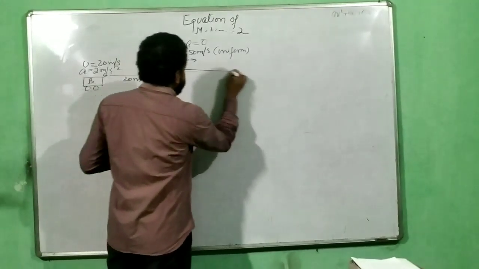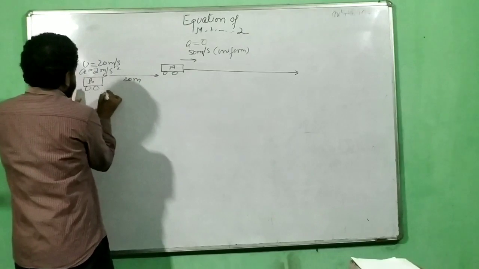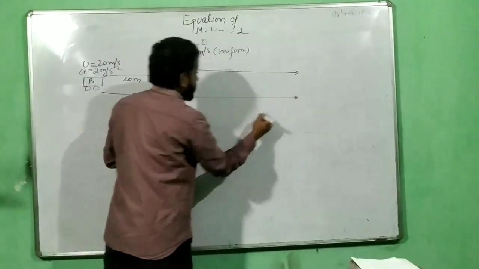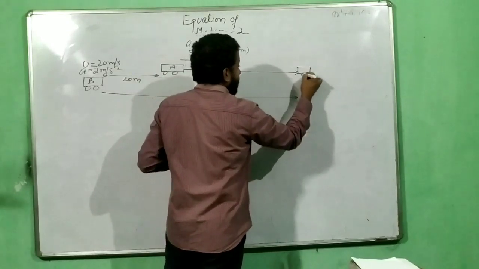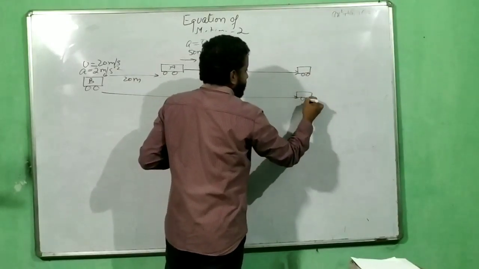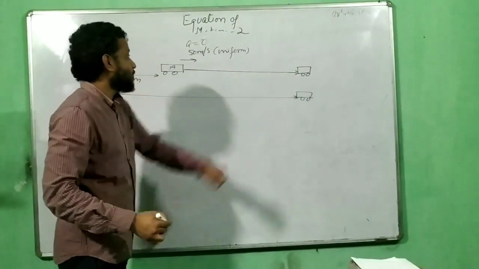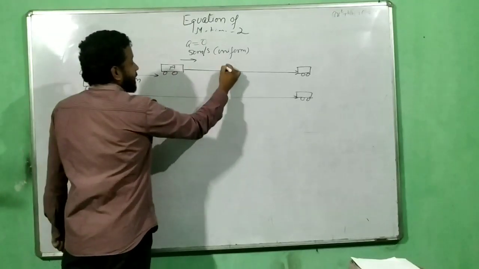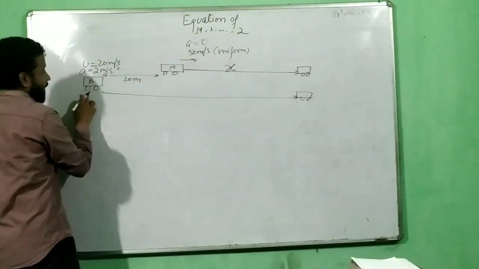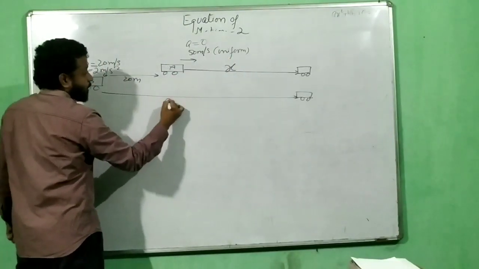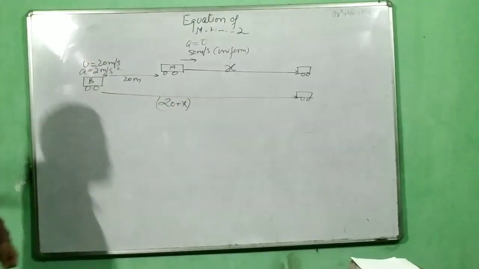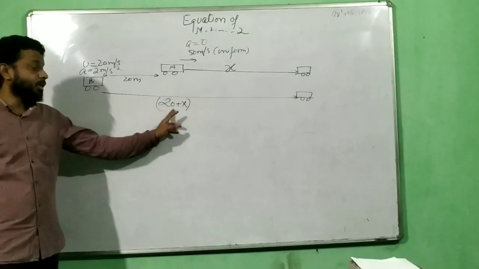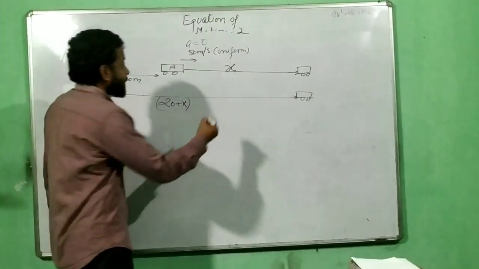So A will continue to move in the forward direction, B is accelerating, so it will also meet it at one instant of time. So by the time car A reaches here, let us say car B also reaches here, this is called the time of overtake. Now let us say car A travels a distance of x, that means car B has to travel a distance of 20 plus x. So if A travels x, B will travel 20 plus x. So what is x?